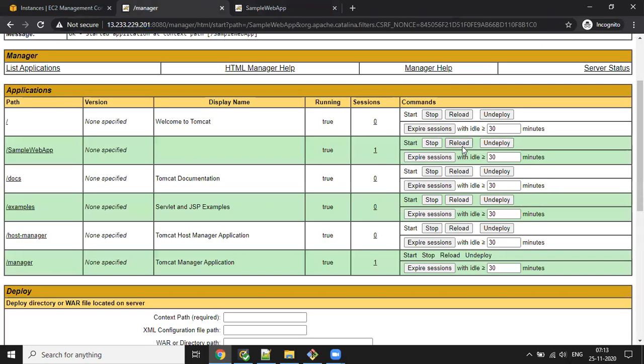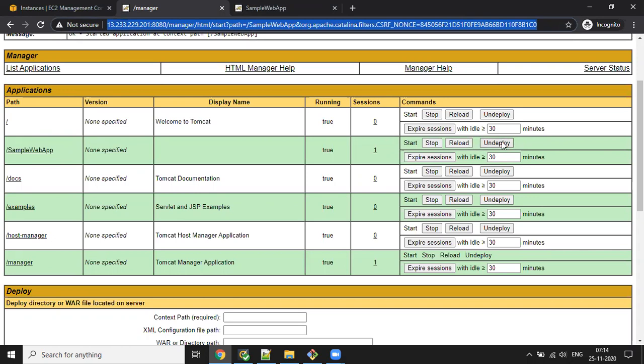That is the reload option. That means hot fixes. Any hot fixes you are doing for your static pages, you can use it. If you are doing any server side code changes, you need to restart the server. Stop and start the server, then only it will be able to fetch the data. Otherwise, it will not remember. Do remember, guys, only for static pages can you use the reload option. If it is server side code, you can redeploy and start the Tomcat server, then only it can fetch the data.